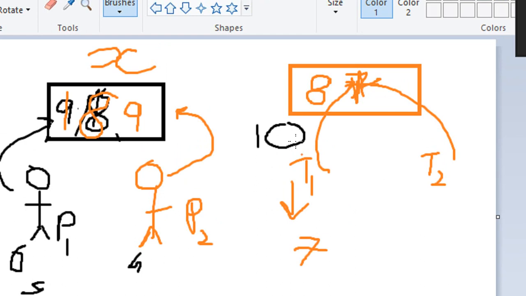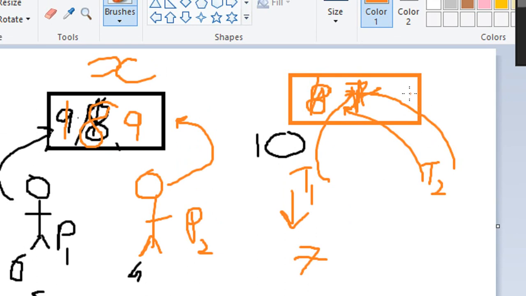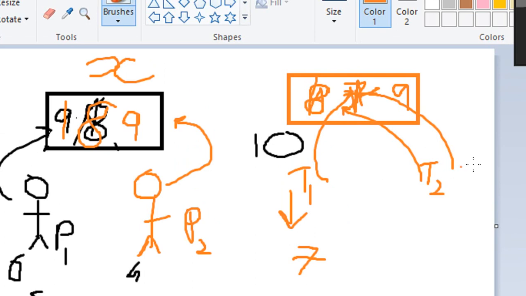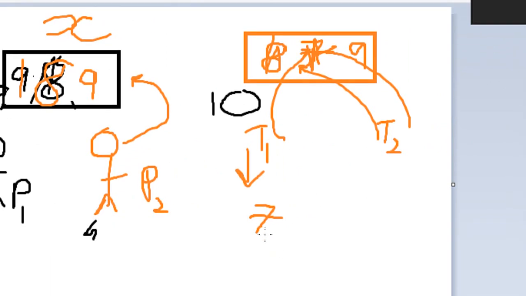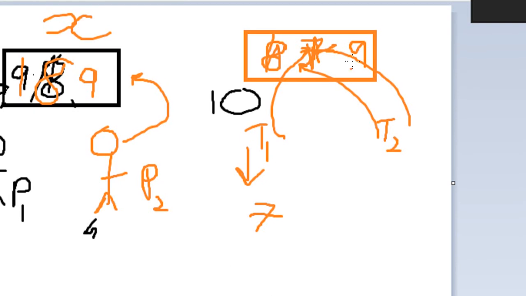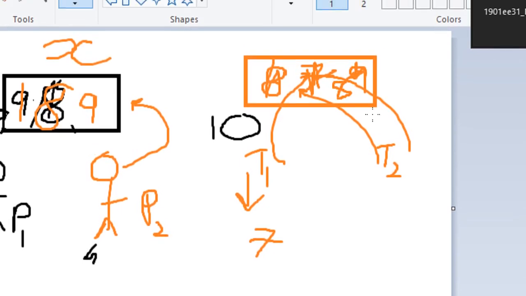And let's say before T1 could come back, T2 again read the value, because the process is running very fast, and made this value 9. Both are executing in parallel in the memory. One may be a little faster, the other a little slower. So T2 has made the value 9 already, but T1 had read 7. So what will T1 do? Erase everything and write 8 in the memory. Technically it should have been 10, but the counter has reached only 8.